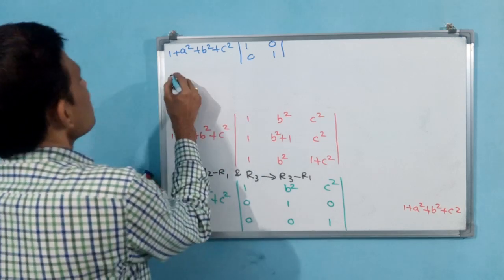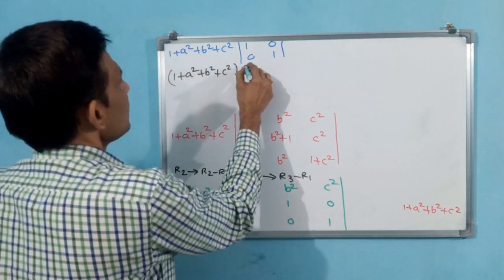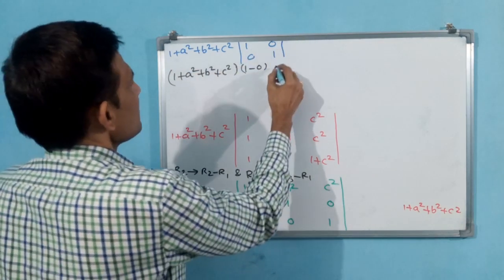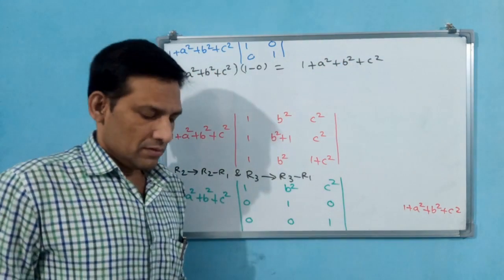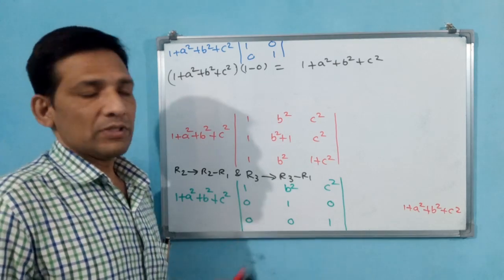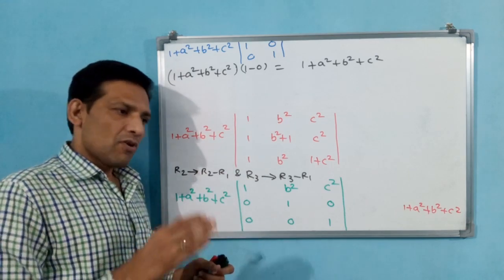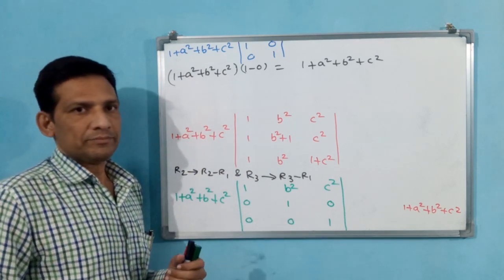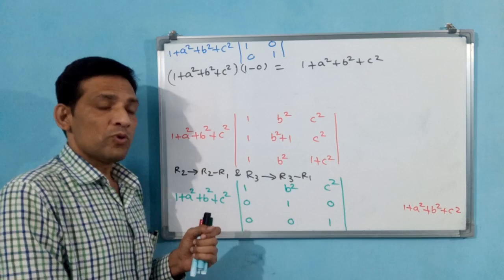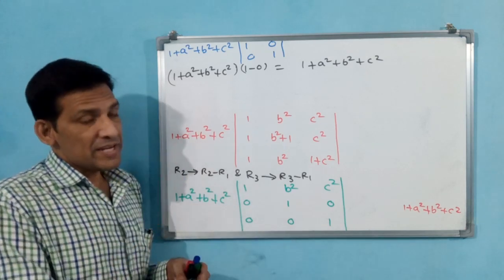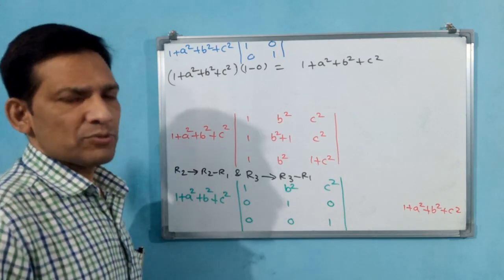Now you see 1 plus a square plus b square plus c square into 1 minus 0, that is equal to 1 plus a square plus b square plus c square. That is equal to RHS, like you write and close this question. You understand how it has come? See what all steps we have taken. Note down these step by step in your book. Multiplication with a scalar we can do, adding column 2, adding row 2, adding row 1 plus any constant into row 2. Like that all the steps we have done. These are all steps we have to note down and learn by heart.